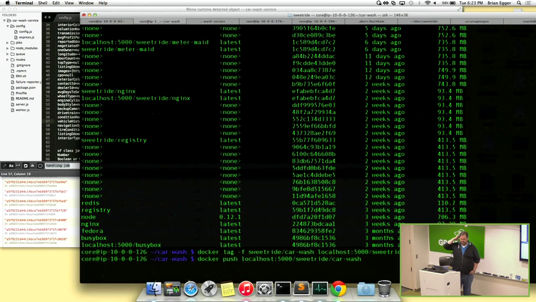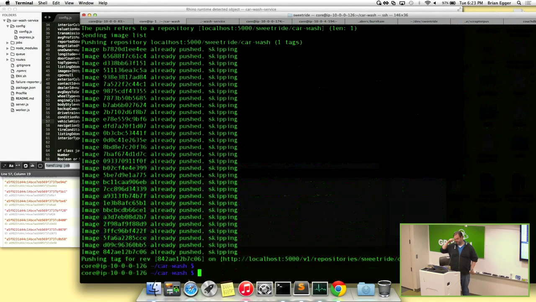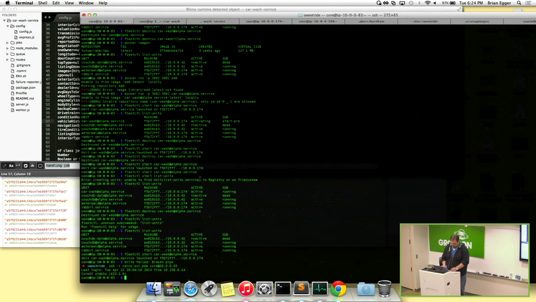While I'm doing that, basically what this push does is it takes a segment of it and pushes it all up to this registry, where we can then go into a Docker registry box, grab the actual file, push it out to another server, and that'll spin up that server for us. So the next item we will go to, and we can look at it. Let me